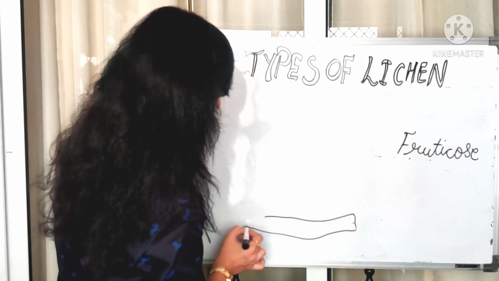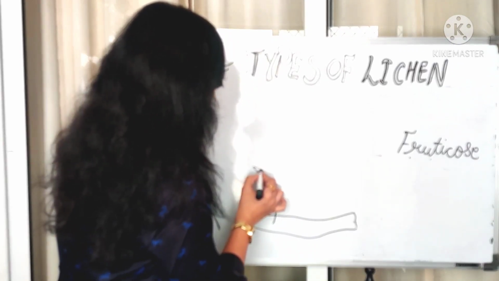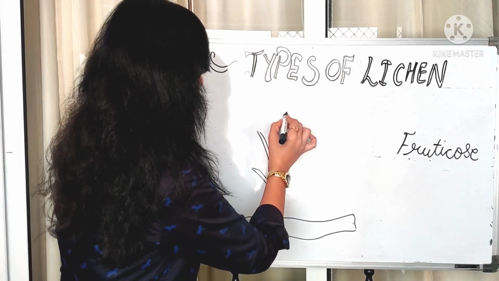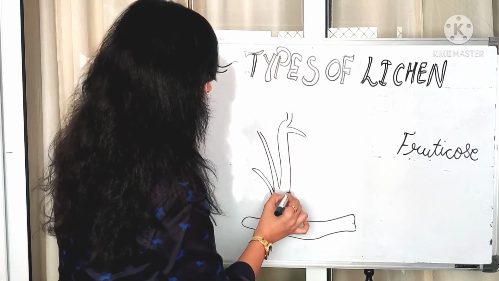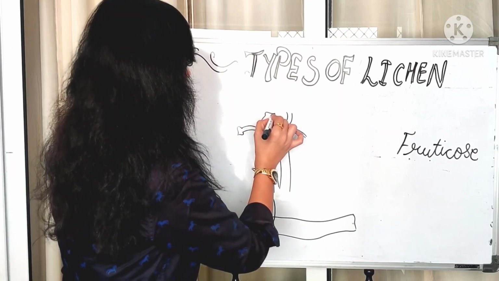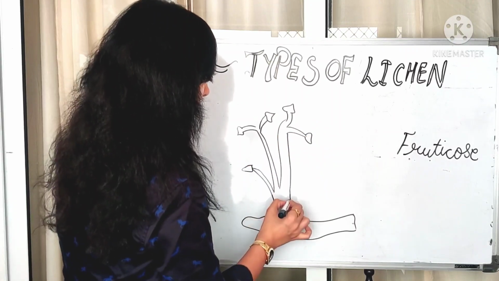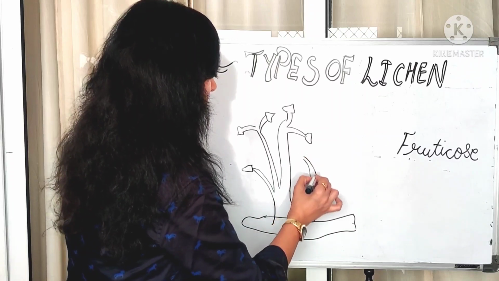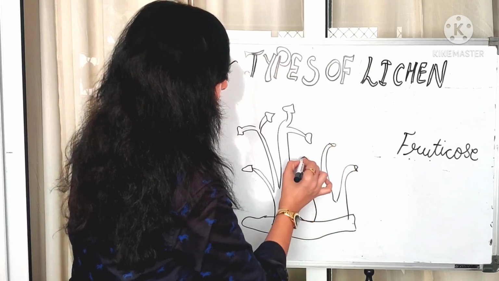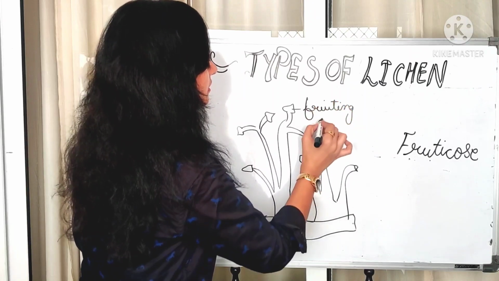We draw its structure at the base. There is a discoid structure. It is made up of fungal hyphae, and from this fungal hyphae the main plant body is arising. This is erect and it is bifurcated. It has dichotomy on its tips, and there are fruiting bodies present on the tip of it. So these are the fruiting bodies. Various filaments are emerging out from the base of the discoid.